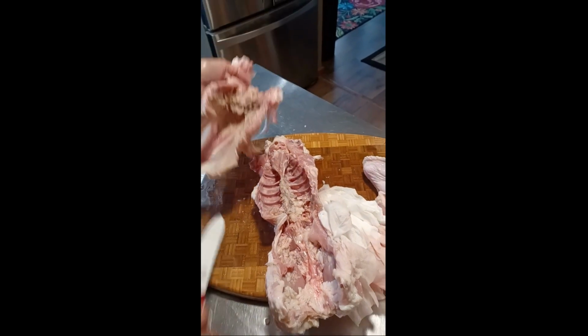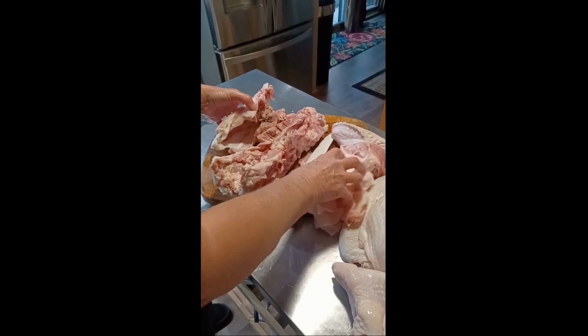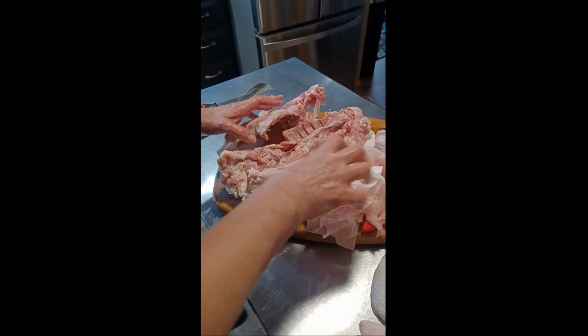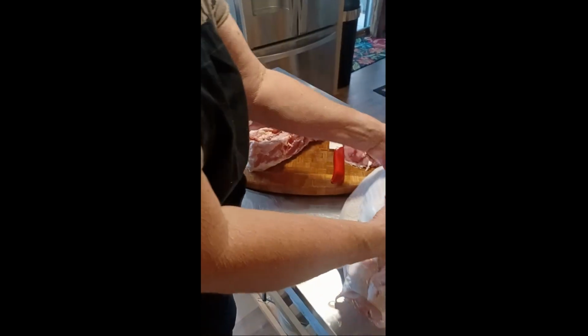Okay, there we go. I'll rinse these cavities out and then season and roast to get it prepared for the roaster to make broth. There you have it. 2 turkeys